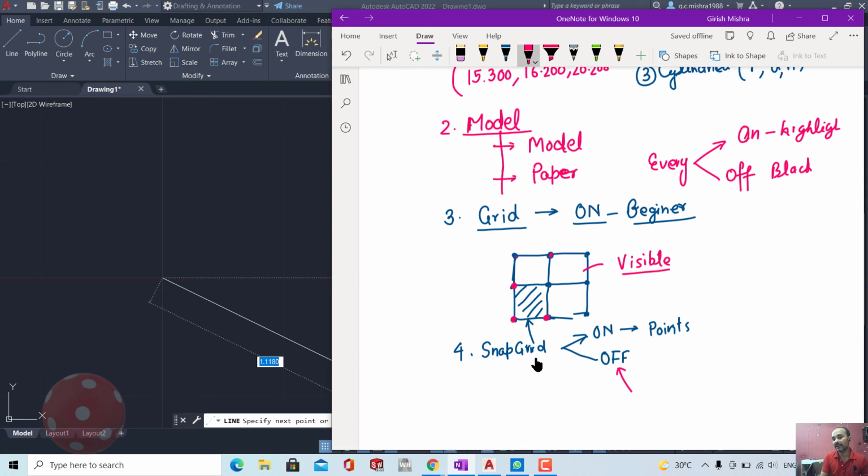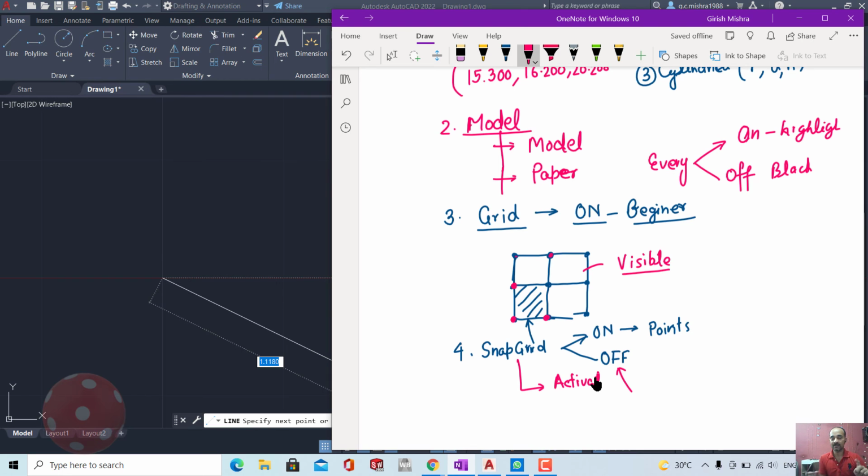But your grid points are activated using snap grid. If snap grid is not on, then your points are not activated. So there are two buttons for the grid. One is turning the grid on or off. Second is turning the grid points on or off.